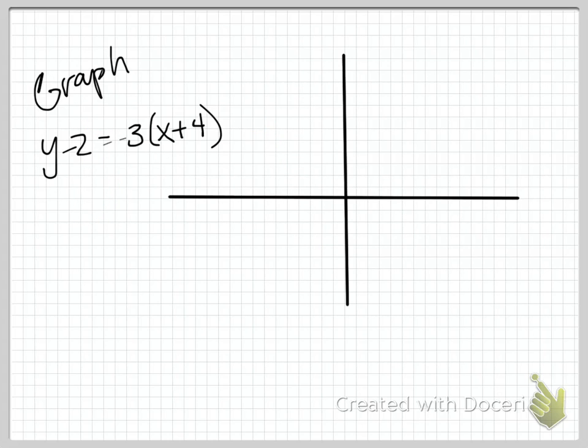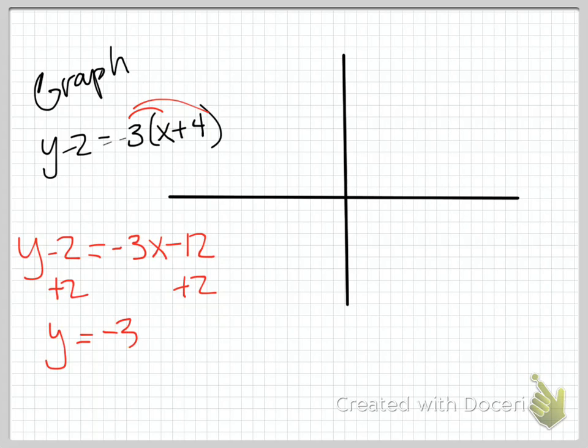Okay, I don't know how to graph this, so I'm going to solve it so I can figure out what my equation is to graph. So if I distribute that negative 3, I'm going to get negative 3x minus 12. I'm going to add 2 to both sides, so I'm going to get y equals negative 3x minus 10. So I'm going to start at negative 10